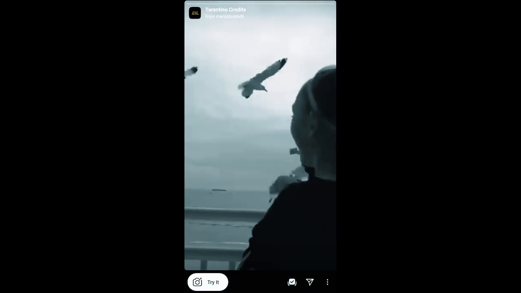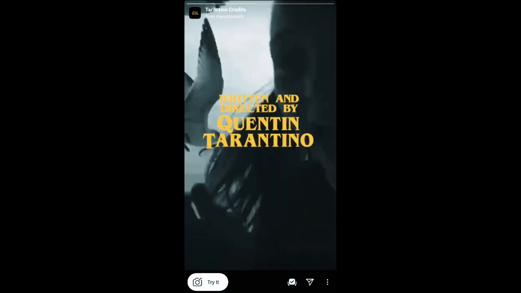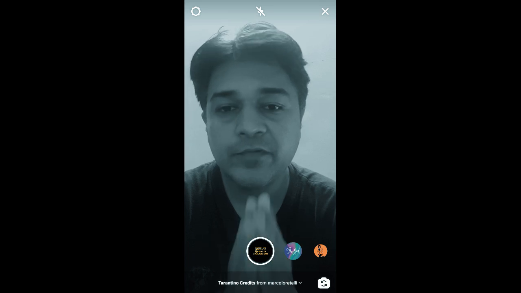Tap on it and you will see this preview. From here you can save it to your Instagram camera tray and tap on try to try the filter. So that's it guys. Likewise, you can get this filter on Instagram, and if you're not finding the filter here